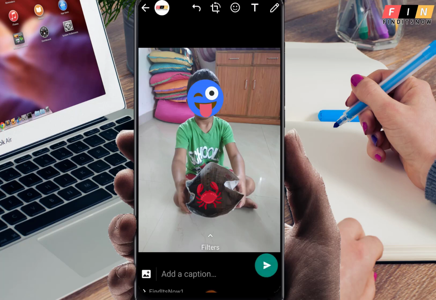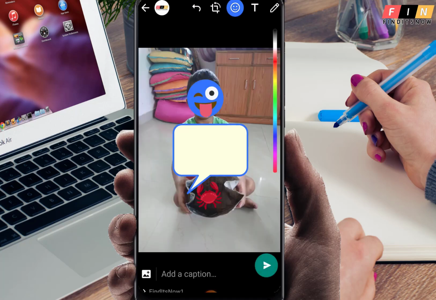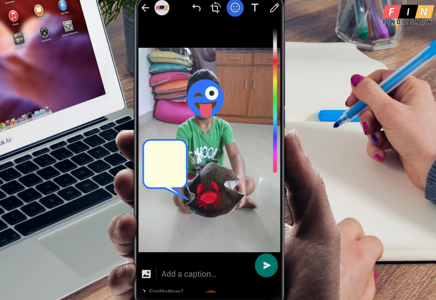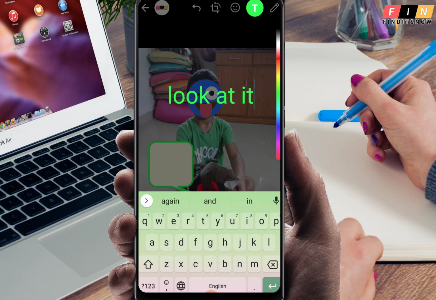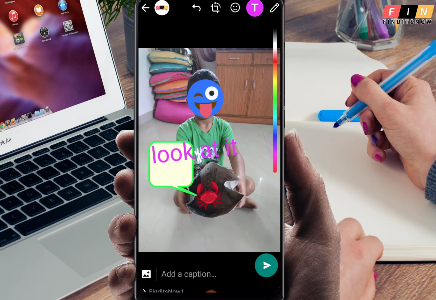And further, if you want, you can also add a text box. Drag the text box to the required position. You can even change the border color of the text box. Add text to it. Now change the color of the text. Observe the picture now, that makes it more attractive. With the help of this tip, you can do all these customizing things while posting a picture.